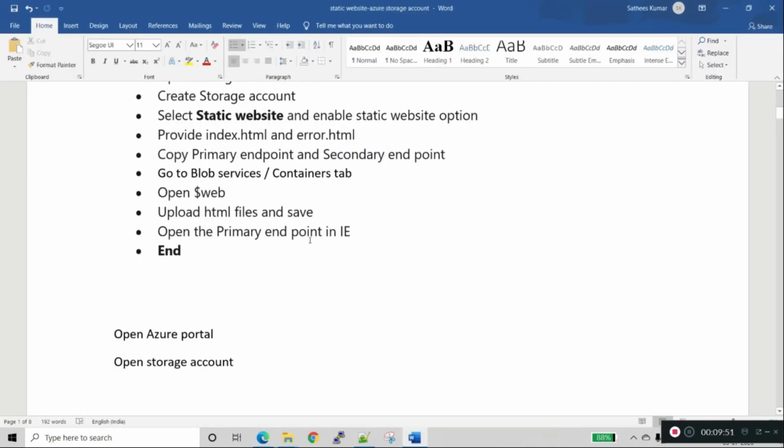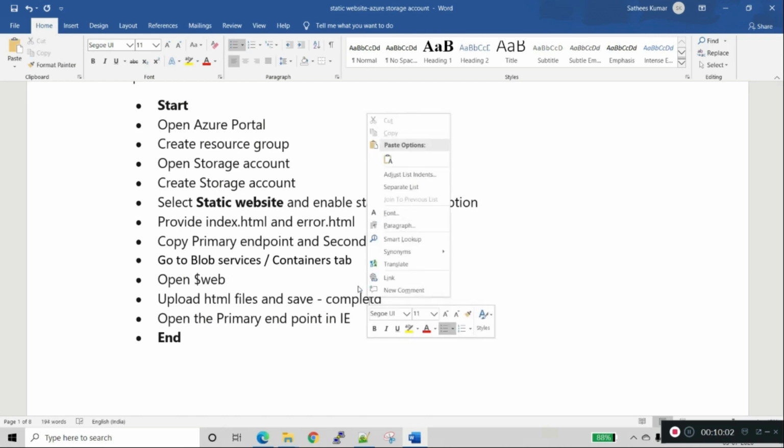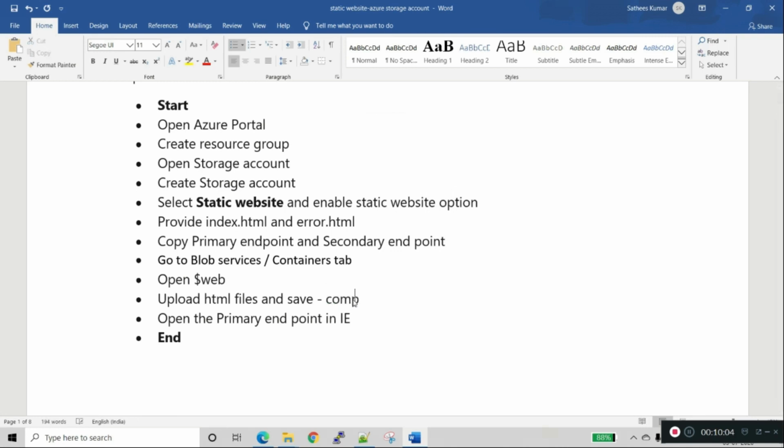Now we will go here. We have completed up to this point.